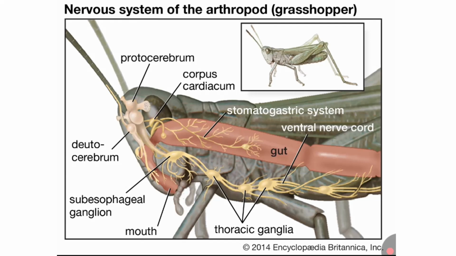Okay. Then coming to the brain. The brain is the dorsal ganglionic center of the head, which is supported by the tentorium, and it is formed by the union of ganglia of the first three segments of the head. Again, we can see the brain is divided into three parts: protocerebrum, deutocerebrum and tritocerebrum. The protocerebrum is formed by the union of ganglia of the pre-antennary segment and forms the greater part